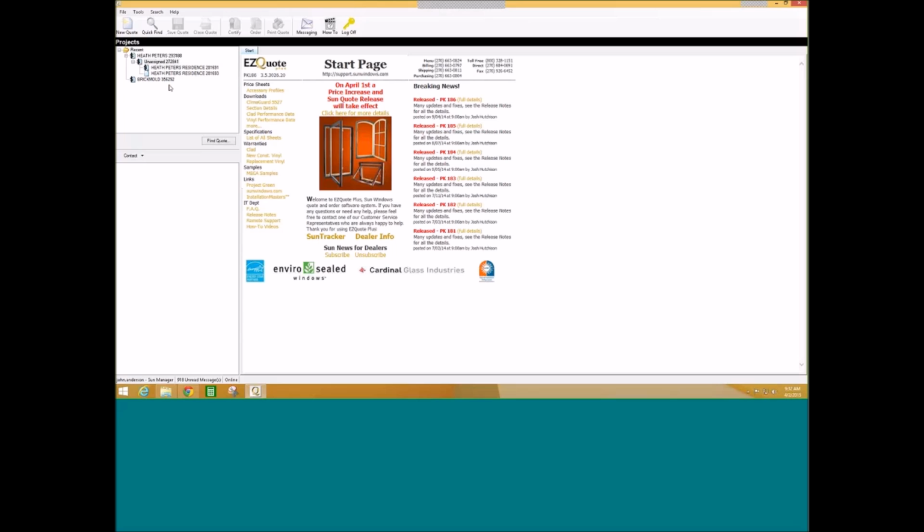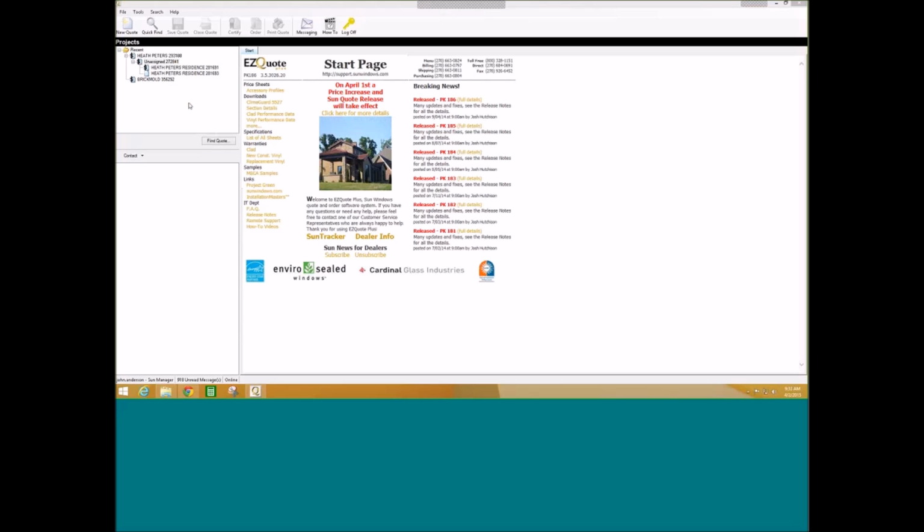I've had several people ask me what's going to happen to their project tree and their quotes and quote numbers they have in the old system when we go to the new system. You should be able to access it, and you should be able to view it and print it, but you may not be able to. If you have any problem getting to it, just take your cell phone out and